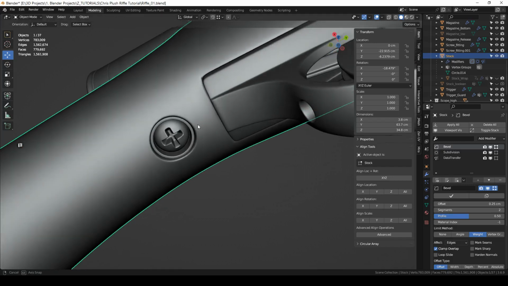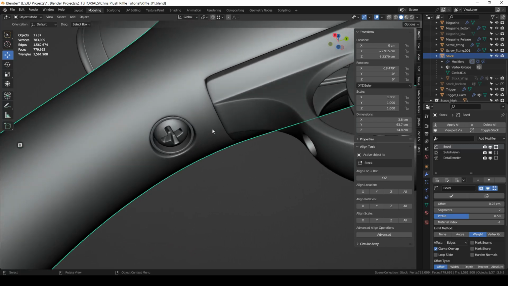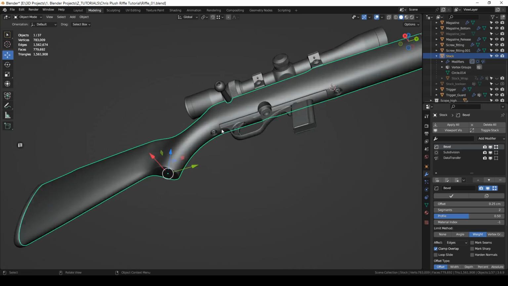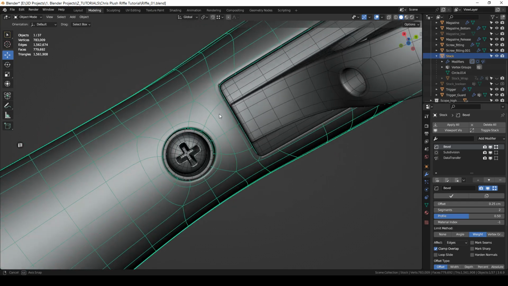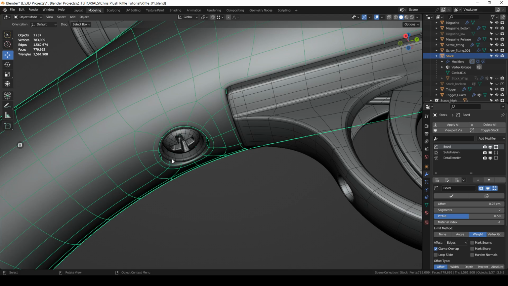Okay, so just a quick video to show an example of the correct way to use, as far as I know, the data transfer modifier. This is from a rifle I did from a tutorial, and this is all subD. And usually in these areas you always get a little bit of pinching,